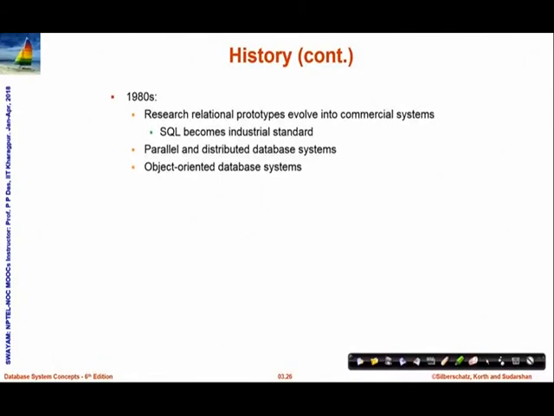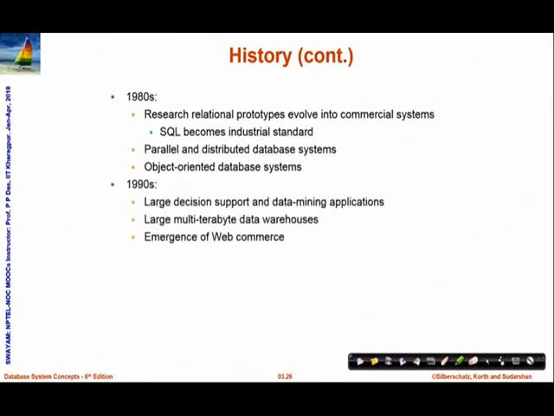Parallel, distributed and object based systems started happening in the 80s. In the 90s it really exploded in terms of large decision support and data mining applications, widespread use of internet based data applications and systems, and the emergence of Google.